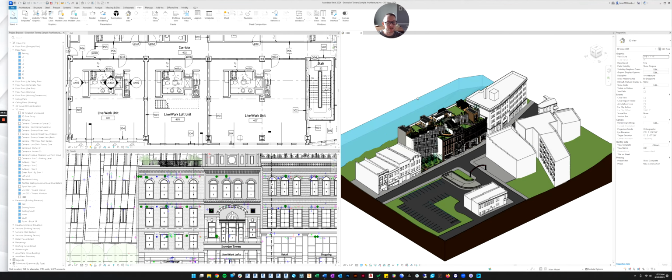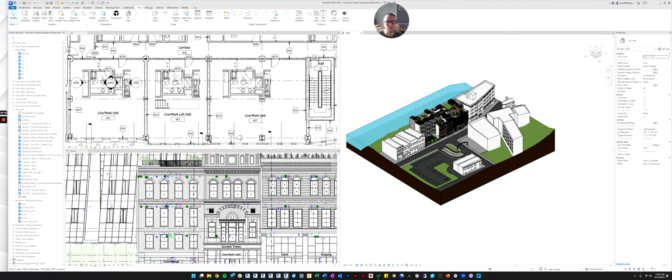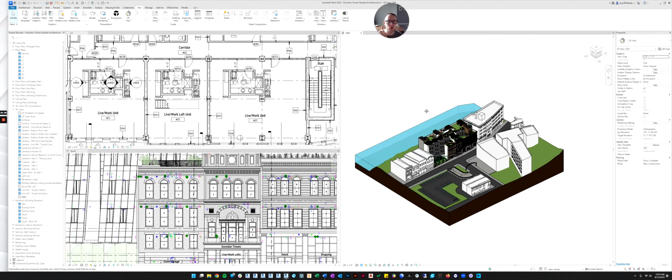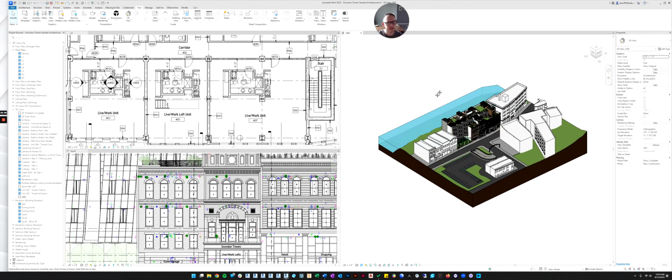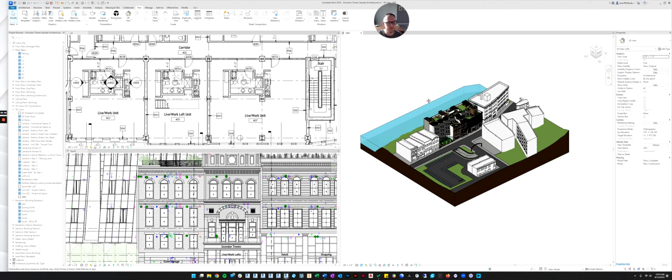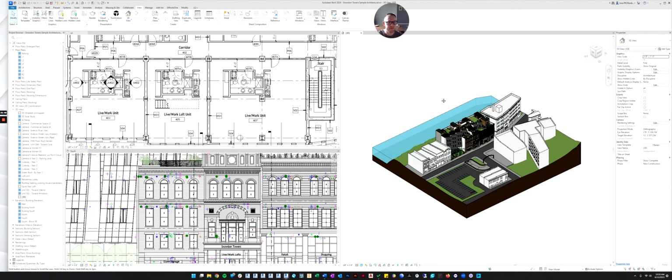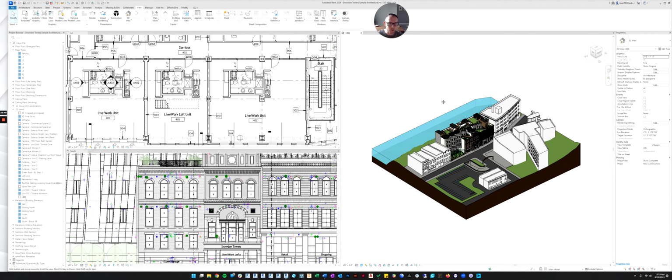So to do this, you're going to need to learn what are called modifier keys. Typically that's the Shift or Control key. Those are both called modifier keys. In this case, what you're going to want to do is push down on your center mouse button, which would normally cause it to pan. So if I just push down on my middle scroll wheel, it's just going to pan the model up and down, left or right. But if I push down on the button and then hit the Shift key,